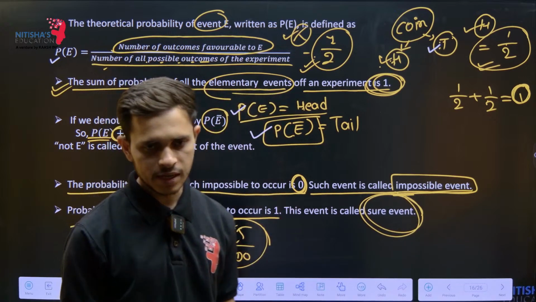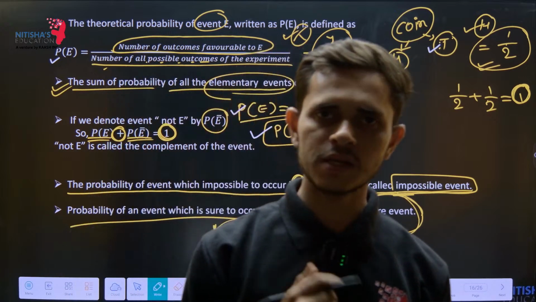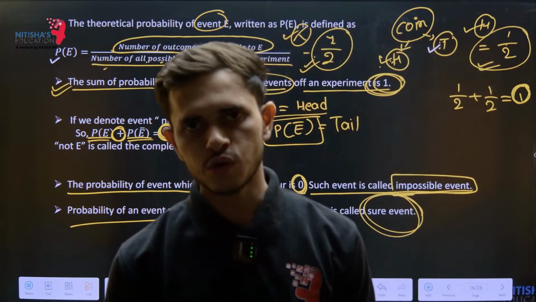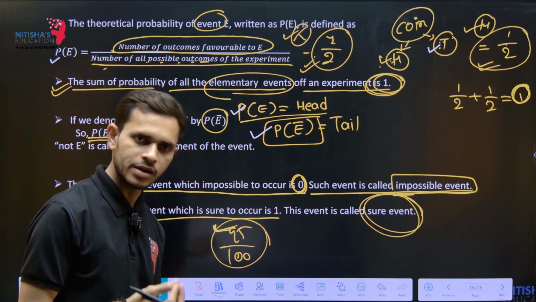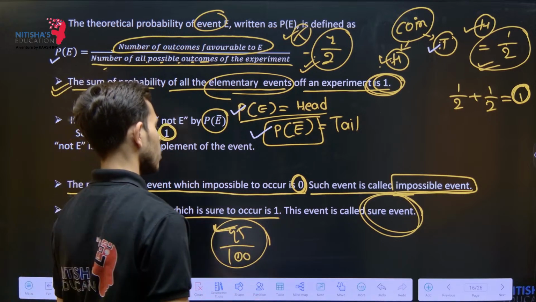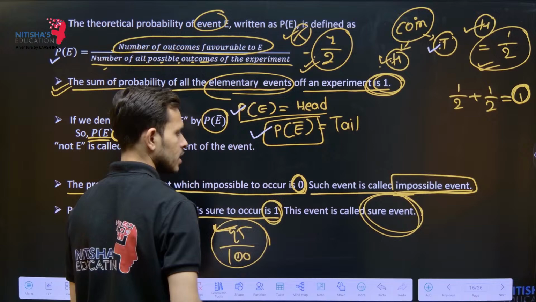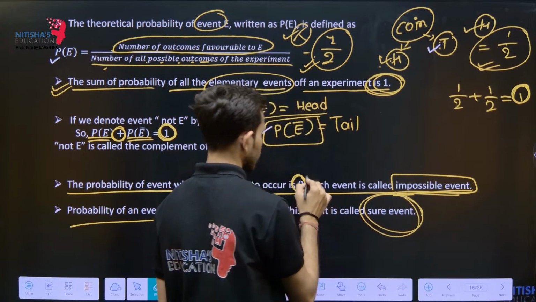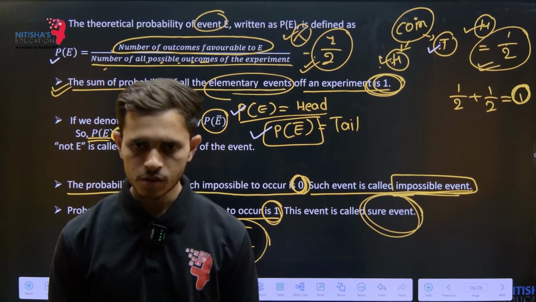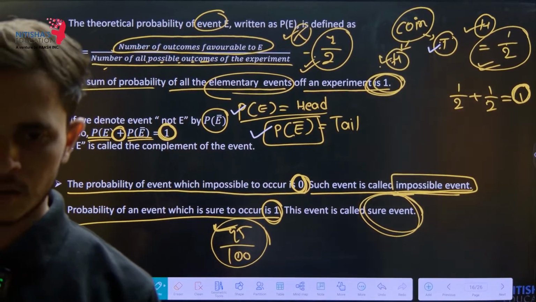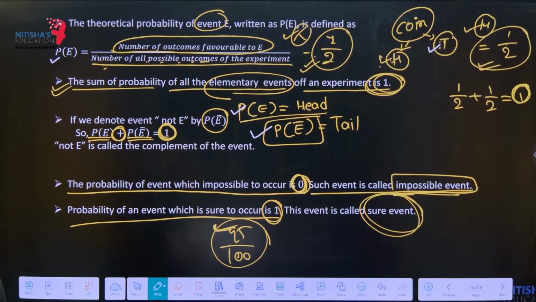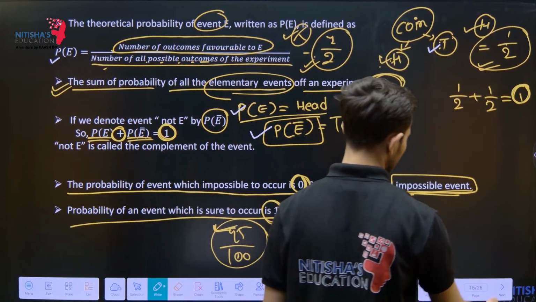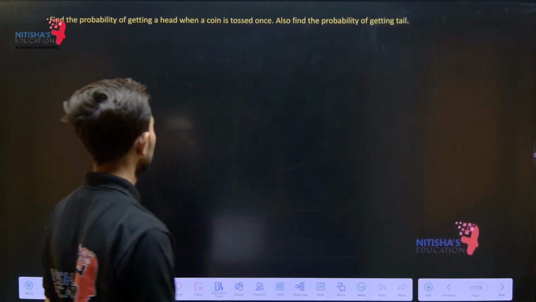हम बोलते हैं कि मॉर्निंग के अंदर सन राइज करता है, कंपलसरी होगा, श्योर इवेंट है, ठीक है। ड्यूरिंग द नाइट जो स्टार्स हैं वो हमें दिखते हैं, दिखने ही वाले हैं, राइट, एक श्योर इवेंट है। तो जितनी भी श्योर इवेंट है उसकी प्रोबेबिलिटी 1 हो जाएगी, जितने भी इम्पॉसिबल इवेंट है उसकी प्रोबेबिलिटी 0 हो जाएगी। तो ये कुछ पॉइंट्स हैं जो हमने यहाँ पे मेंशन किए प्रोबेबिलिटी के लिए, विच आर द इम्पोर्टेंट पॉइंट्स।